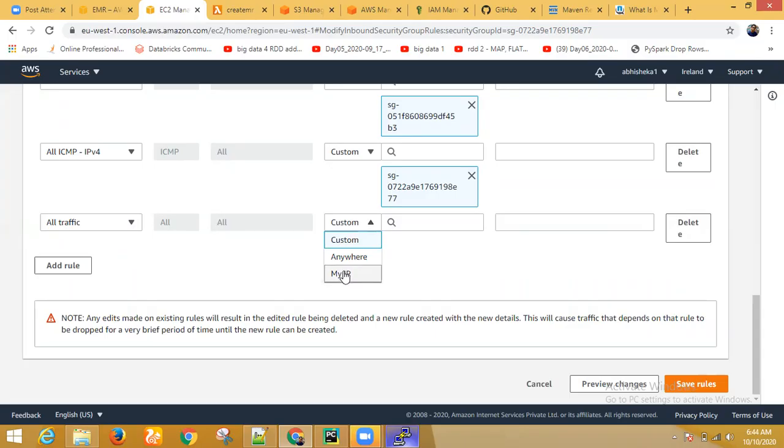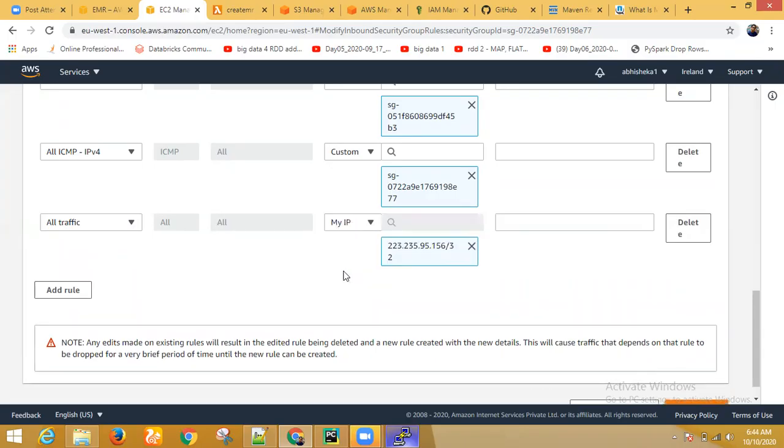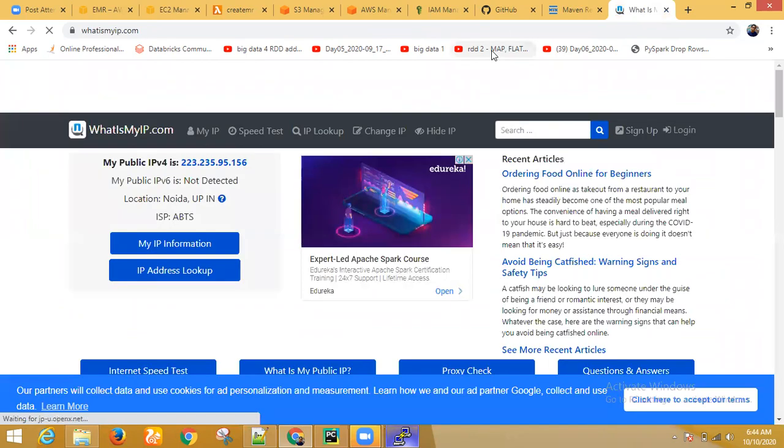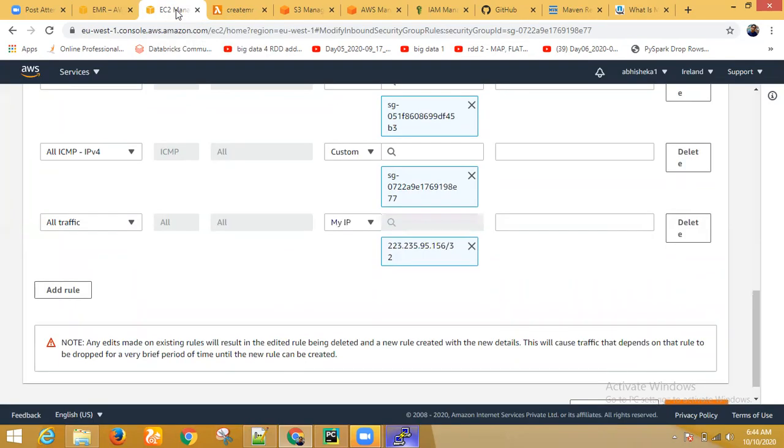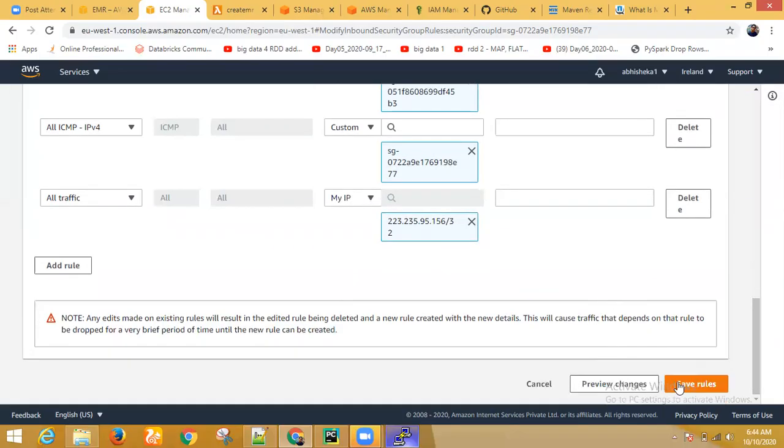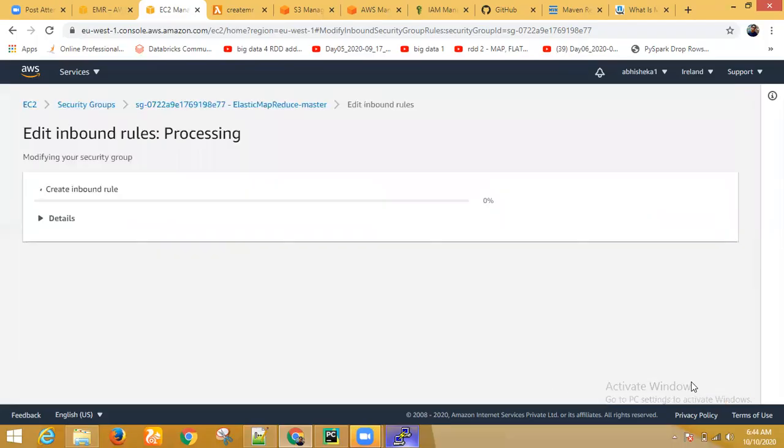Now just click my IP. There you can see the same IP address we saw there, 223.235.95.156. It ends with 156. The same IP address is added automatically. So you are saying that whenever this IP address tries to access it, give it access. It's permitted. Now click save.